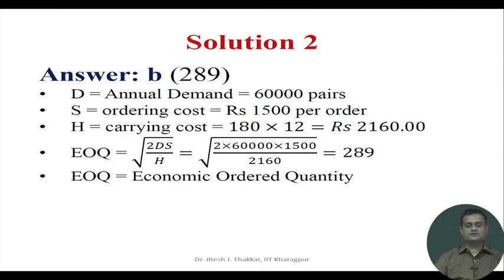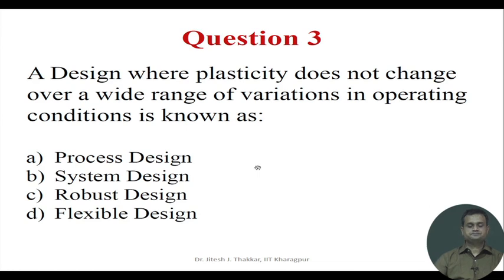You have D, annual demand, that is 60,000 pairs. S, ordering cost, that is 1500 per order. H, carrying cost, you can compute 180 into 12, that is rupees 2160, and EOQ you can find, that is 289. Question 3. A design where plasticity does not change over a wide range of variations in operating conditions is